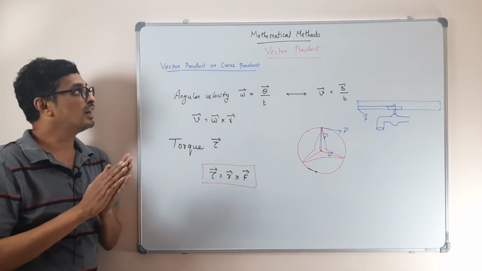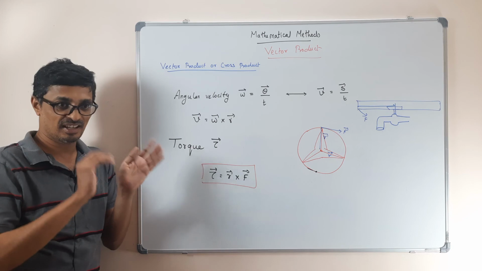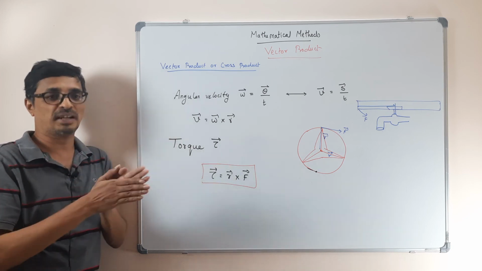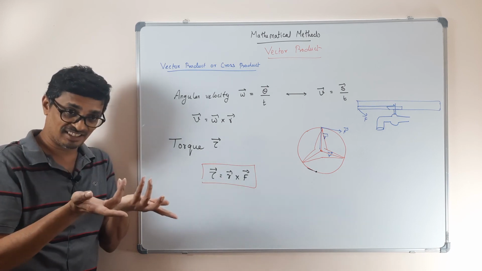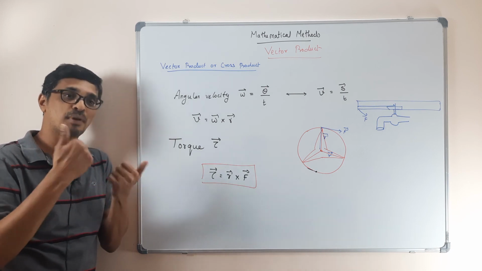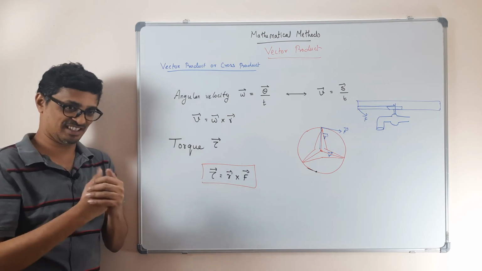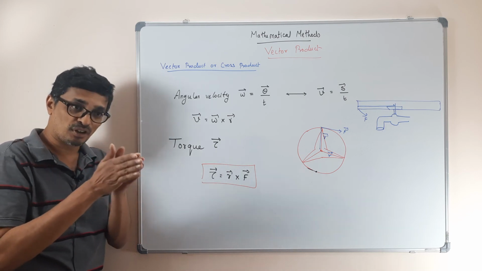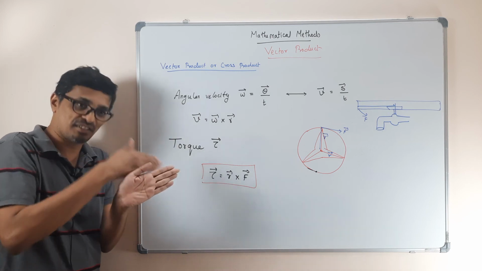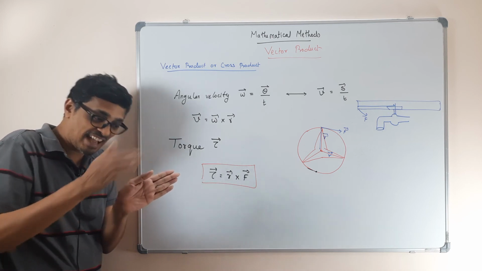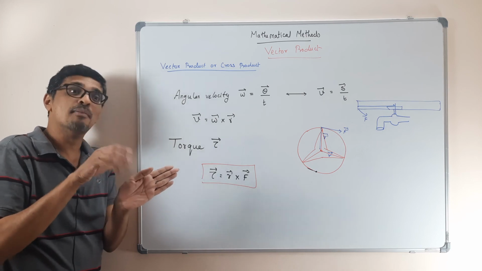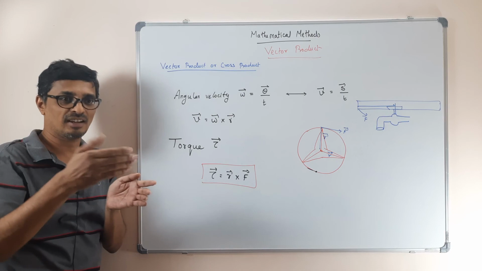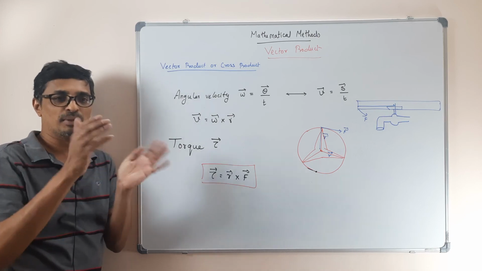So this is what your vector cross product is. The cross product of any two vectors is again a vector with a direction perpendicular to both the vectors. How do you do the cross product? Take the component of one vector perpendicular to the other vector, and that magnitude will be the magnitude of the cross product, and the direction perpendicular to this, defined by your right thumb rule,